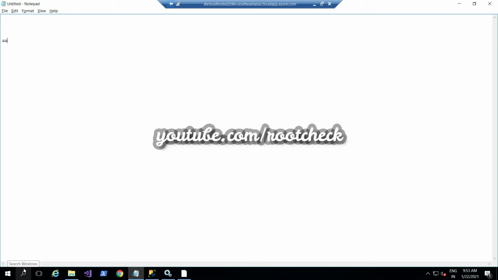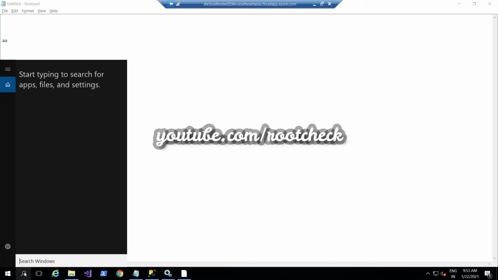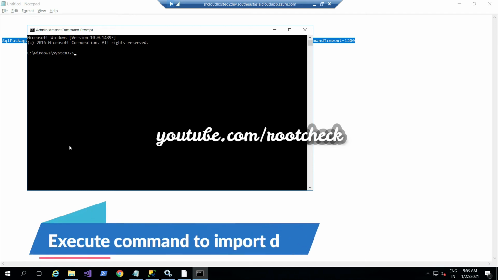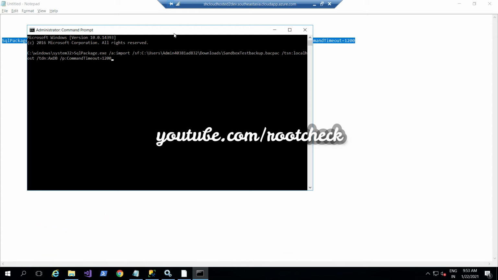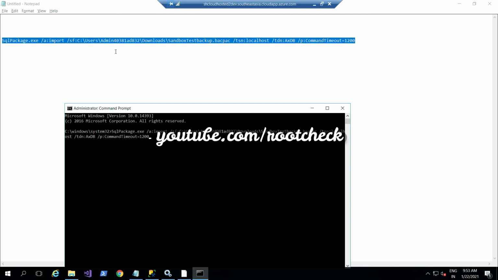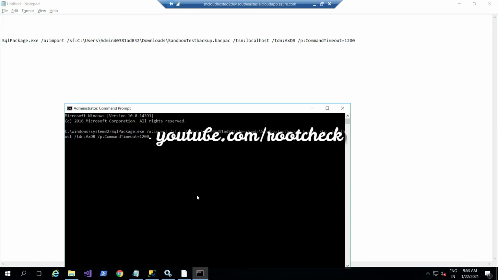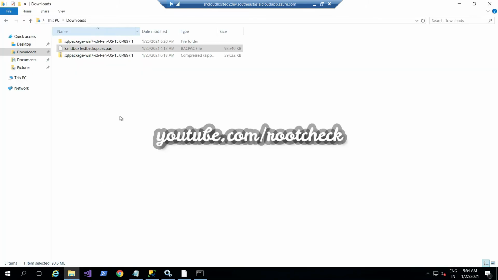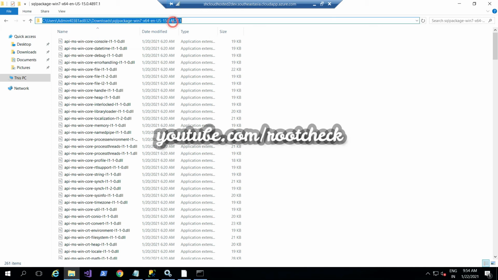Just copy this and paste this information in the command prompt, and try to open the command prompt in administrator mode, because otherwise it will not take effect with this command. As you can see, I have opened this command prompt as admin. Once you execute this command, it will take more than 3 to 4 hours, depending on the size of your database. Our database is something like 6 GB, so it will take like 6 to 7 hours basically.